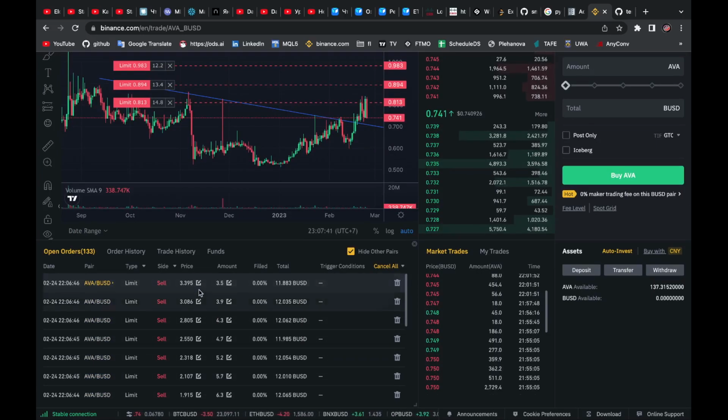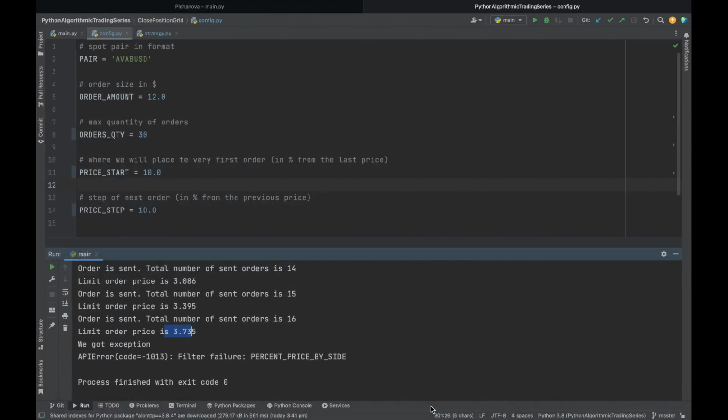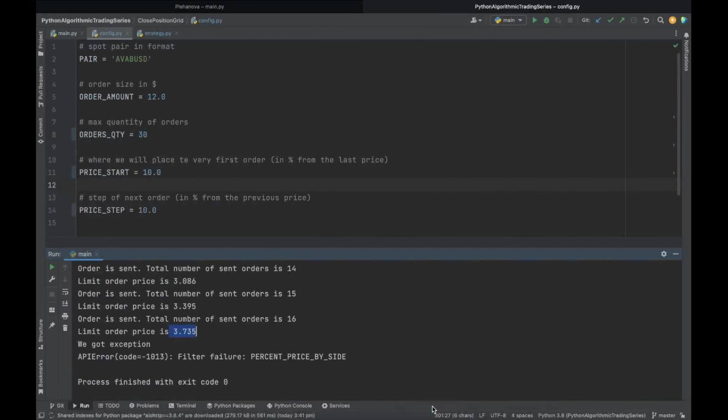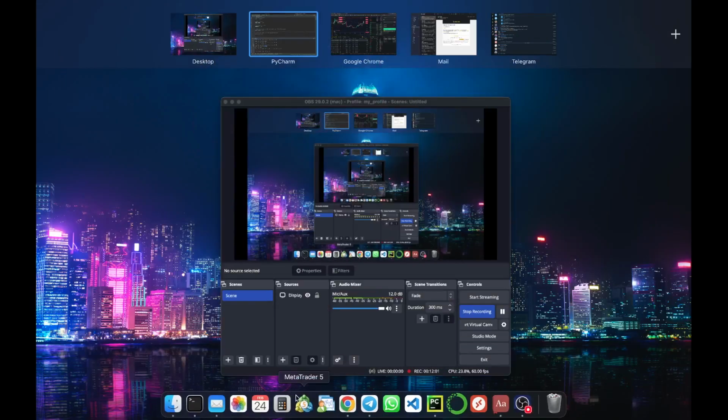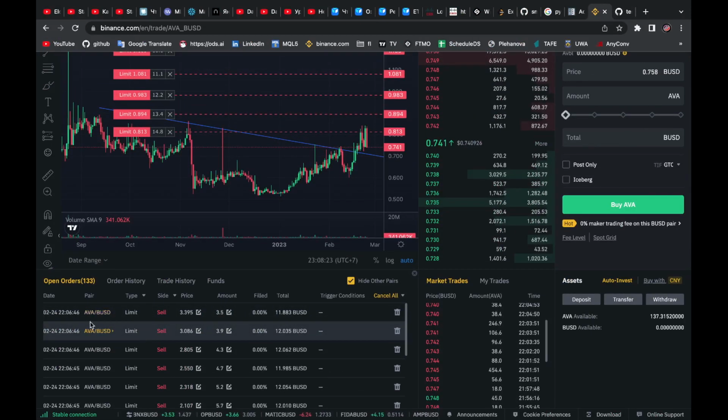Here is exactly our last order, 3395. What we had in our script, 3395. So this one was the calculated price, but unfortunately it wasn't allowed to be placed because it was out of the allowed range limits. You may do your own exception processing for this case, but I think it is pretty good that we just stopped placing